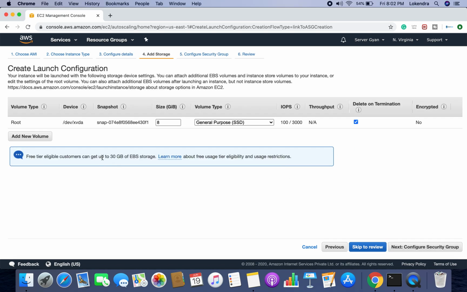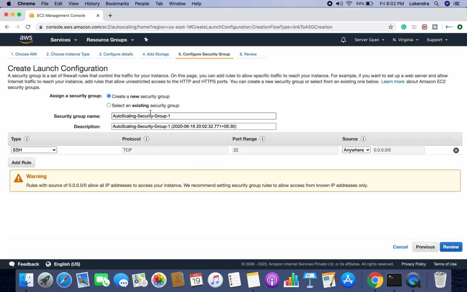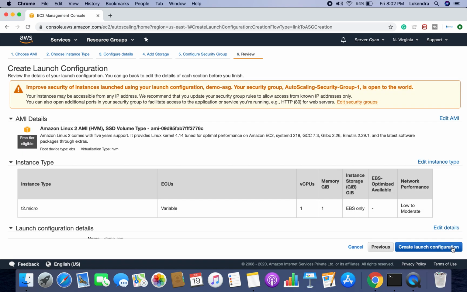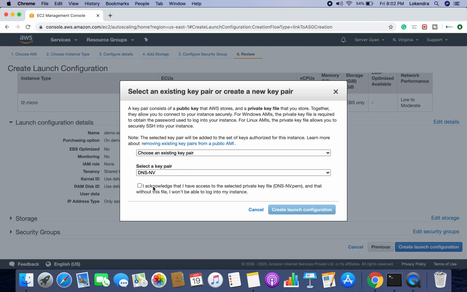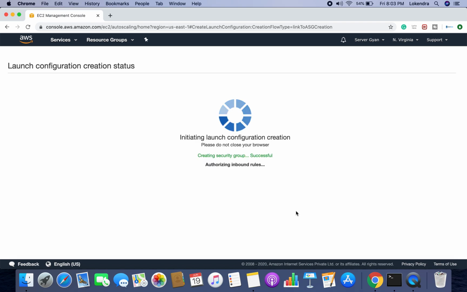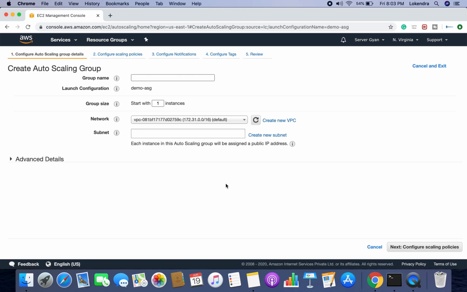Okay, so what next? We are going to associate this disk, we are not going to touch it. Then, for the security group, we are going to enable SSH from anywhere, that is it, no other port we are going to open. We will click on review, then create launch configuration. I will have to select a key pair, whatever I have. Now we are going to create the launch configuration. So guys, these are the same steps as we performed during our EC2 machine creation. There is nothing special, but we are not going to launch an instance, only the launch configuration is created. That is the basic difference here.